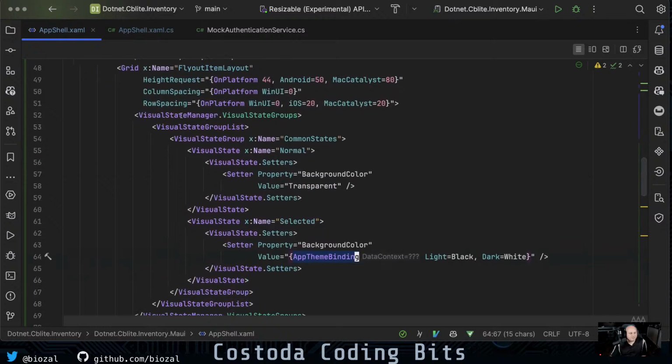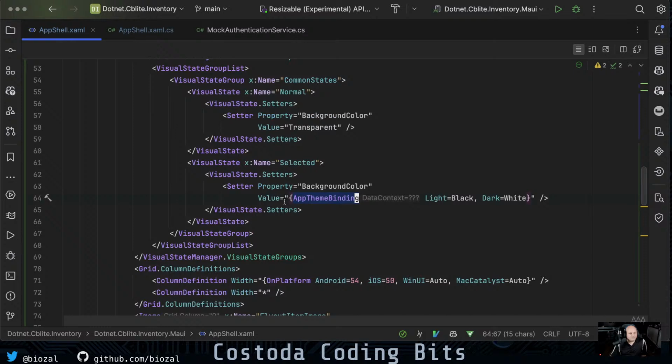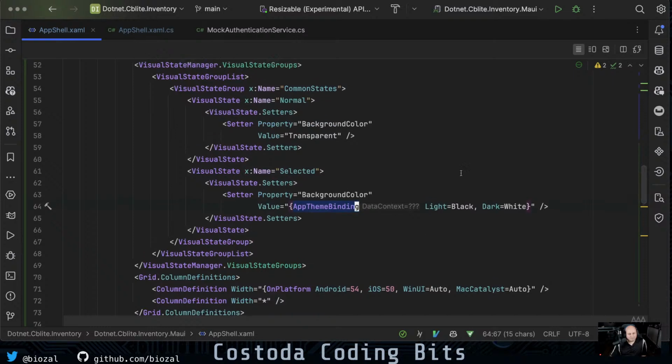And so I'd probably have to do something like wrap this around a platform check is my guess. And if I just change it to a certain color, my guess is that this would work. But